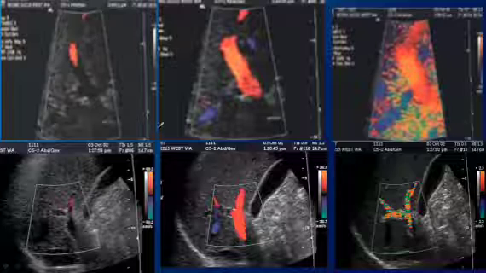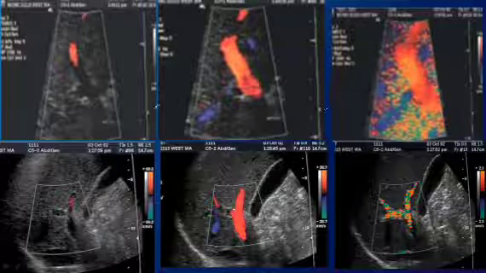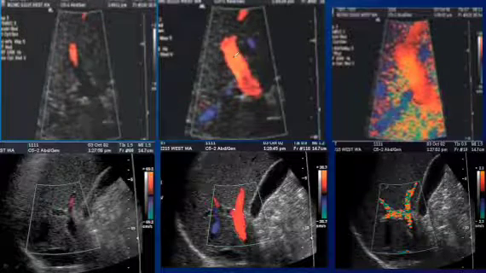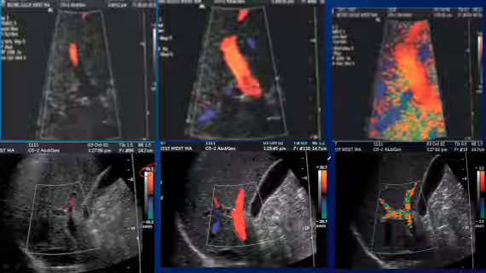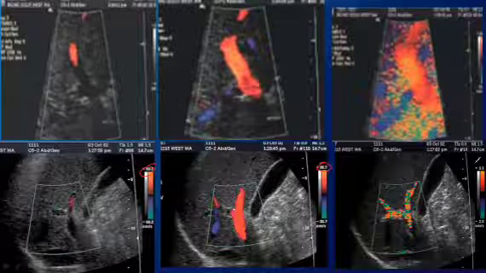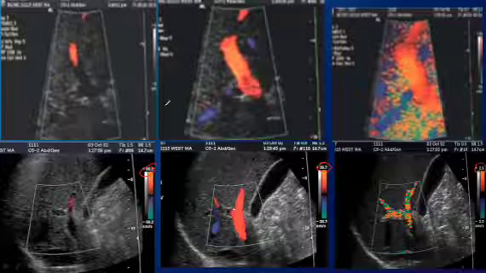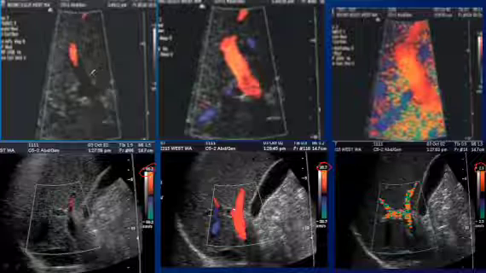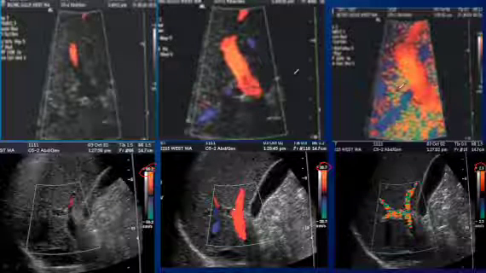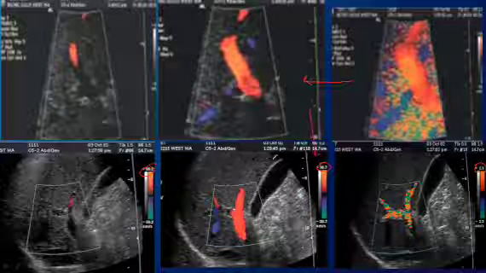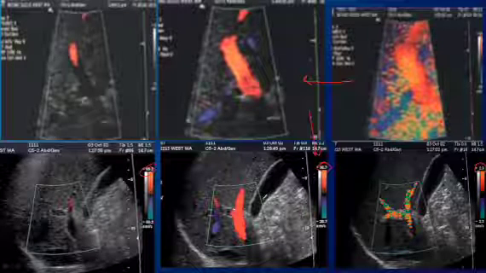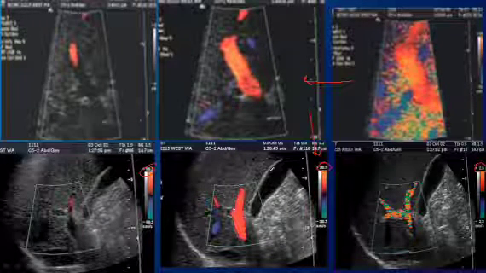Here we have these two examples. In the upper row, we are changing the gain. In the lower row, the changes are in the PRF. Okay, so again, when we have this little color flow, what to do? We would increase the gain, and then gradually decrease it until there is sufficient color in the blood vessel. Then we start to control the PRF in order to have it filled properly with the color, all grades of red, in order to see the variation in the color.